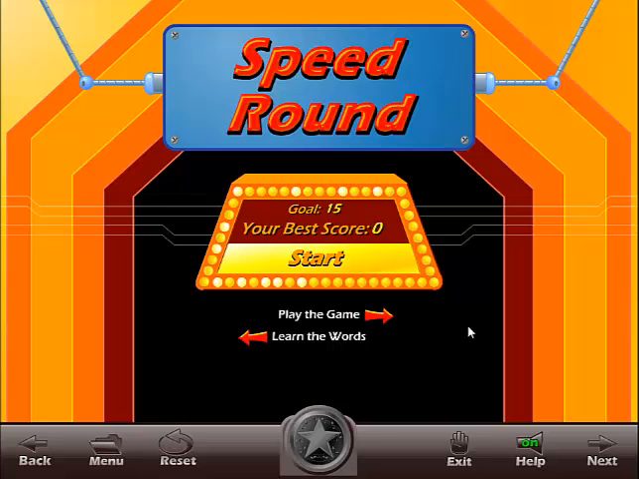Welcome to the speed round. Answer the multiple choice questions about paragraphs. You'll have 1 minute for each speed round. A passing score is 15, but try to get as many correct answers as you can and beat your high